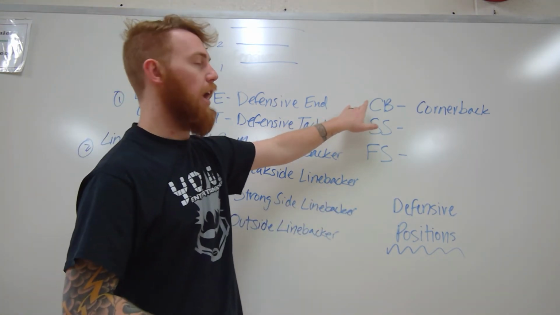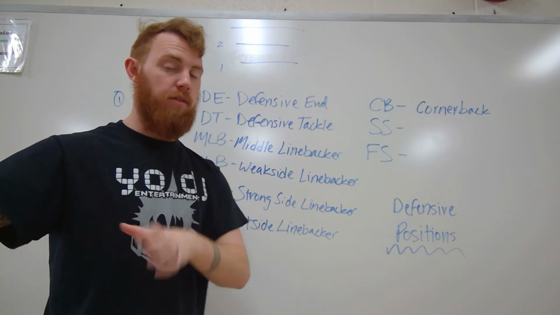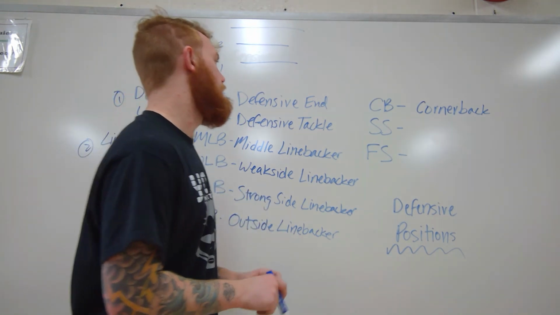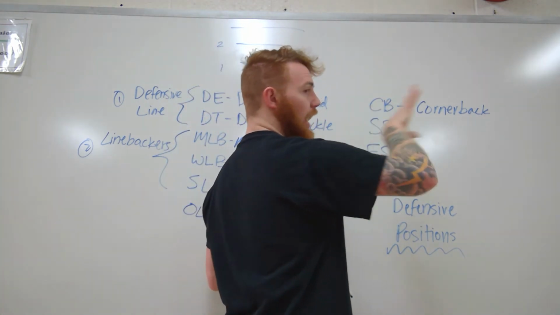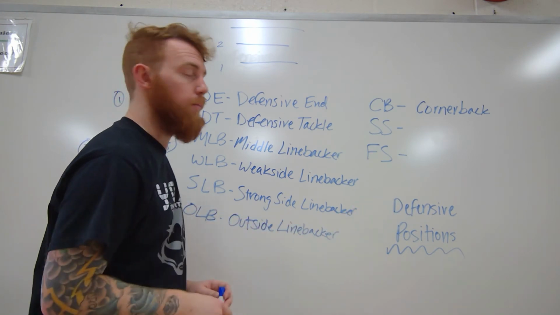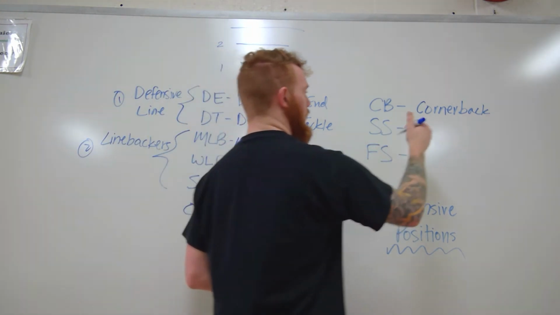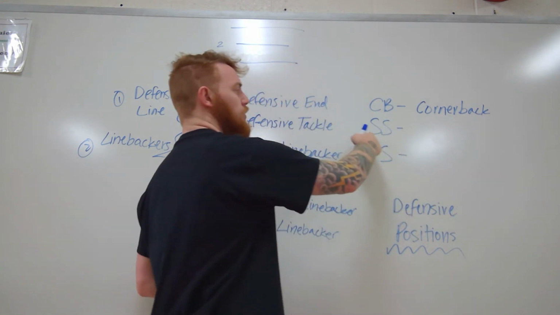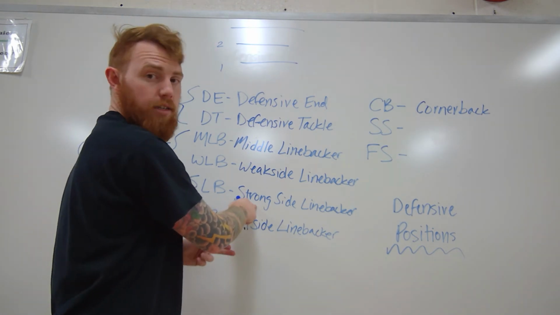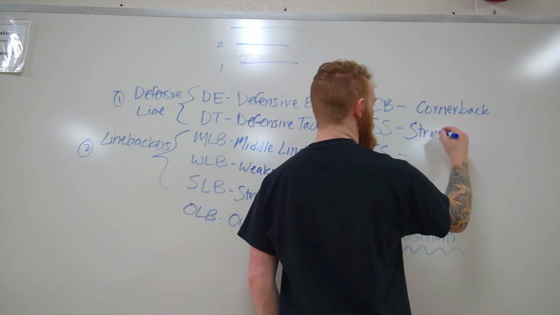Corners are the guys right now, especially in the NFL, that are tasked with covering receivers and just saying they're not going to catch a ball all day long. So that's a cornerback. They play kind of on an island out to themselves. They're all the way on the outside of a defensive formation. Then you have safeties. Your safeties are like this. If we learned from before, S is going to say strong, at least on the defensive side of the ball. So we're going to have a strong safety,